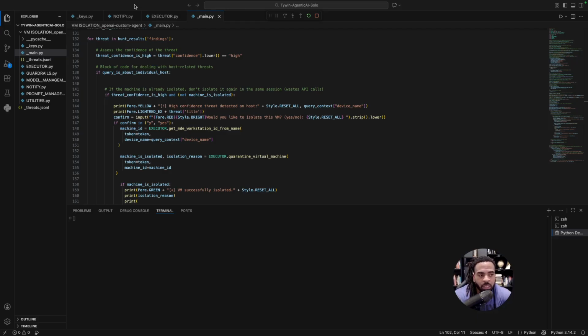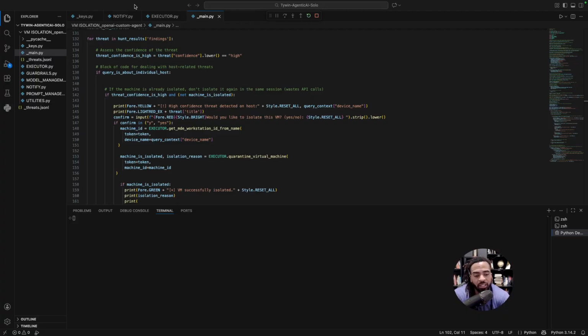It's going to pull live log data based on a question that I ask it. It's going to help me basically solve a problem. When it's going to look through those logs, it's going to look for any suspicious activity, whether it finds the activity or it doesn't find the activity. What it will then do, it's going to help me make a decision. Do I want to isolate the VM or not inside of Microsoft Defender?